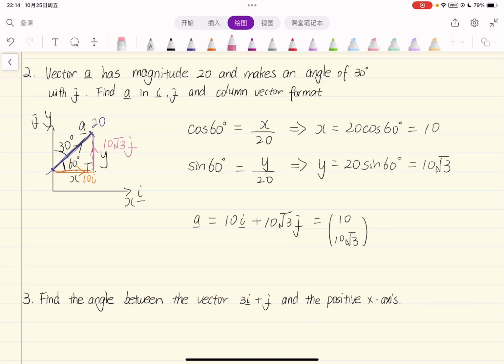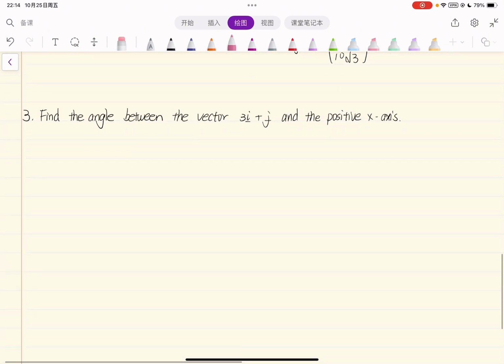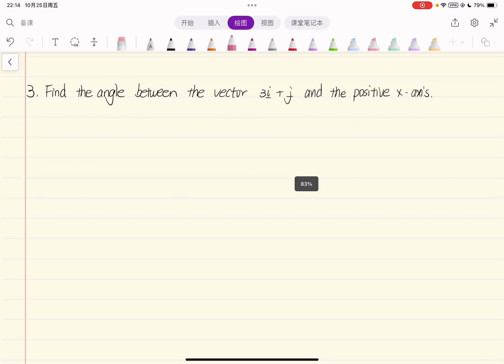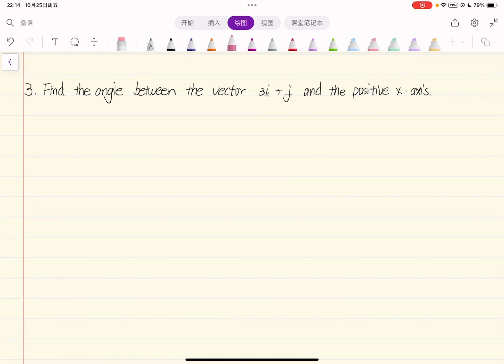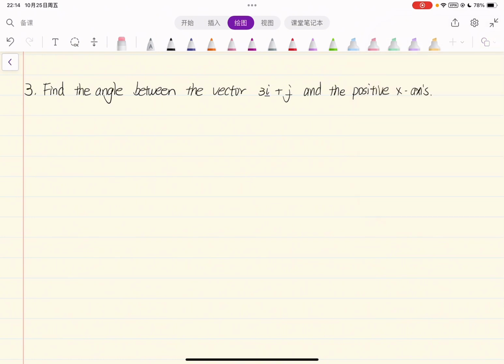Now let's move on to question 3. It asks you to find the angle between the vector 3i plus j and the positive x-axis. So we can still sketch the vector and the positive x-axis and the y-axis to see it. We have the y-axis, x-axis, and there is the vector 3i plus j. So let's see, if the point is over here, and the vector